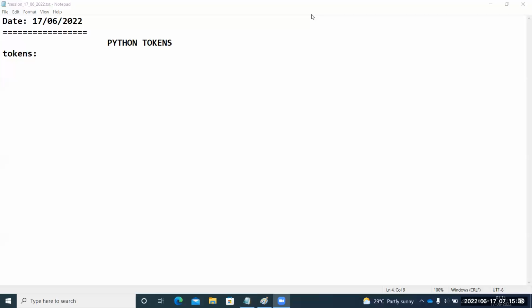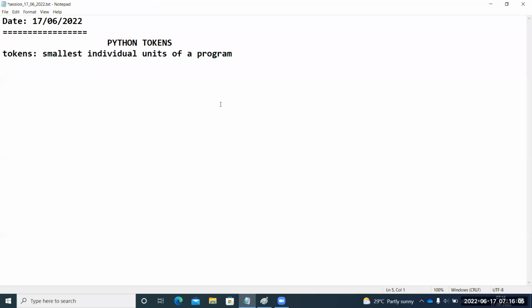So in Python also, yes, nice. Let me just give the definition. The smallest individual units of a program is called a token, guys.